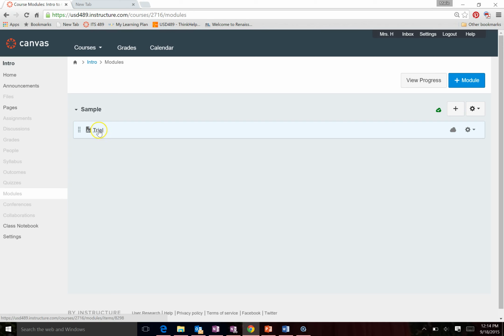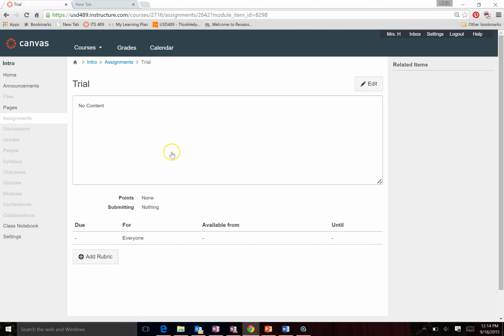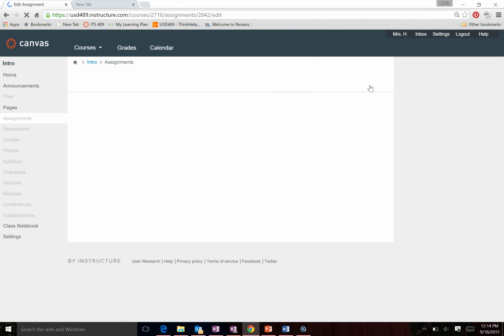To do that, I'm going to click here on the name of it. So I click where it says Trial, the name of my assignment, and see here it says no content. There's no points, nothing to submit. All right, so we need to go over here and click Edit so that we can put stuff in it. So we click Edit,